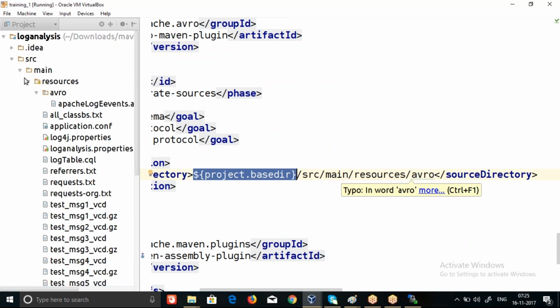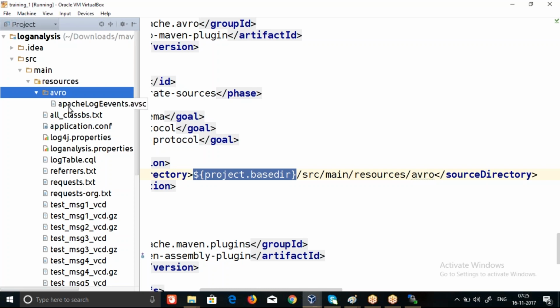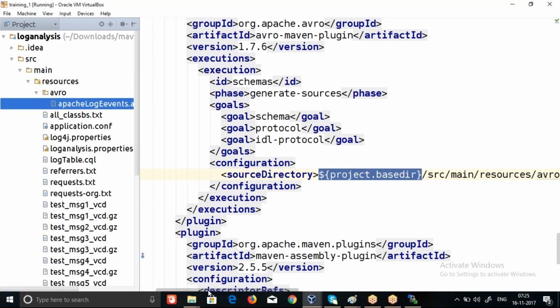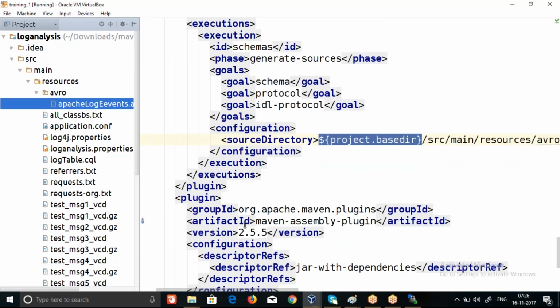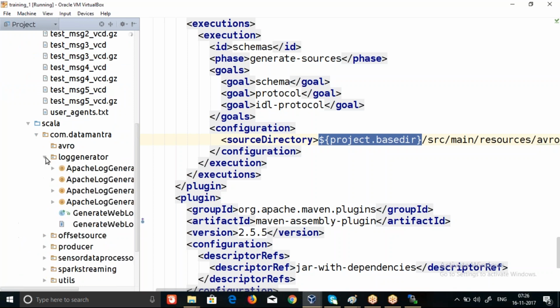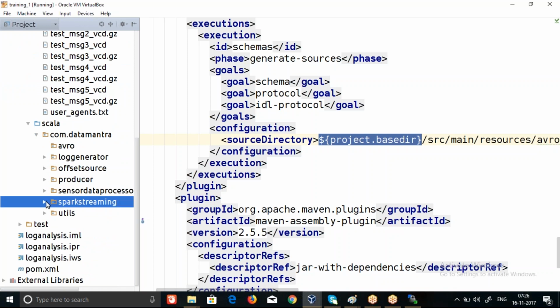Inside that I have this schema file, and it outputs the generated code. The code generation happens once you compile or create a jar file. So as of now, if I see Spark streaming,